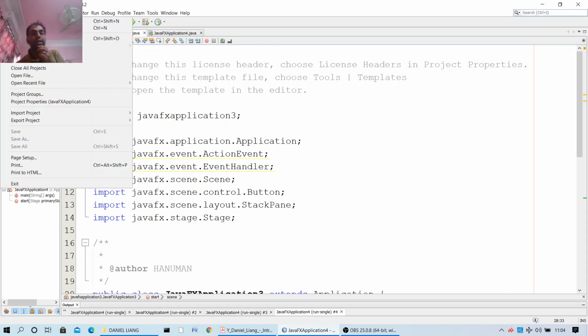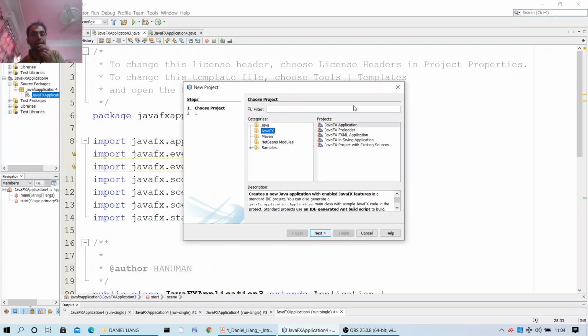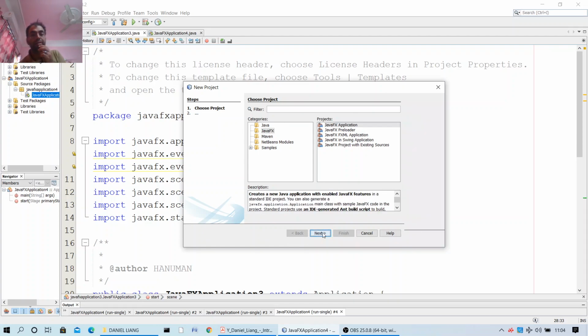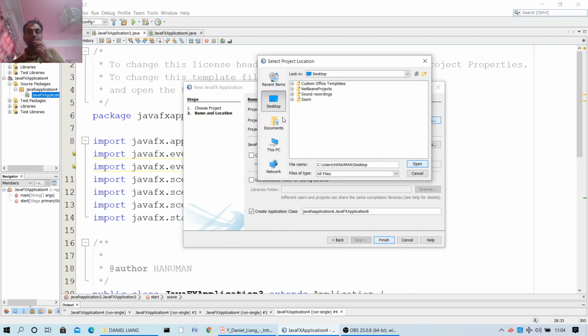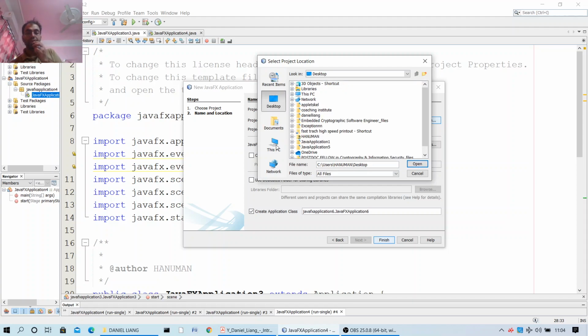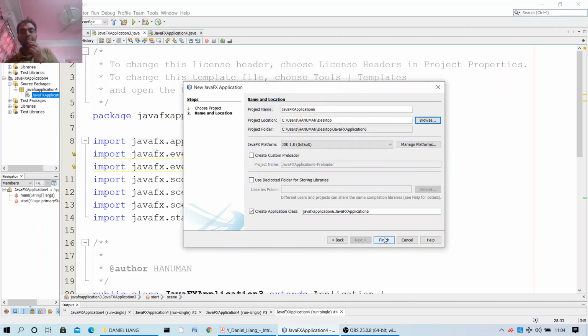And so to start a new JavaFX file, we have to go to File, New, and then click on JavaFX application, and then click on Next. And here it will ask you the location where you want to save that file, whether it is the desktop or wherever you want to save. I'll click on desktop. I'll click on Browse, and I'll choose desktop. I can choose C drive, E drive, D drive. I can choose any drive. I can save it wherever I want. I'll choose and after that you have to just click on finish.